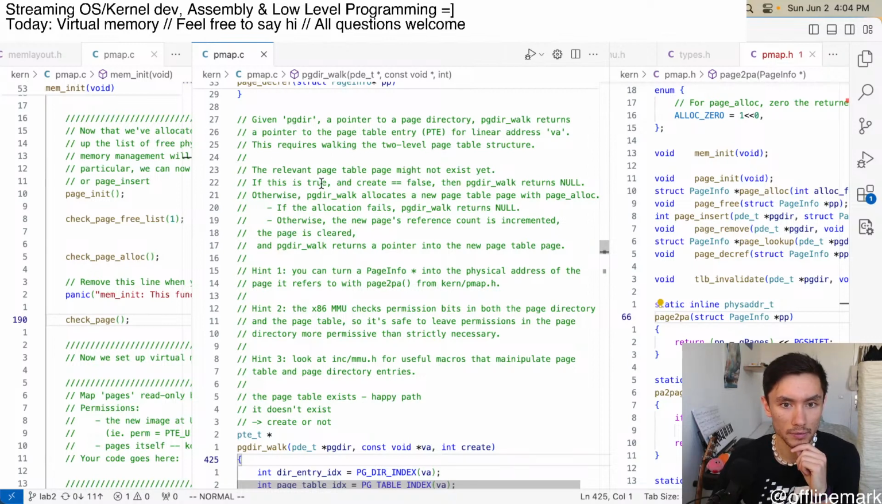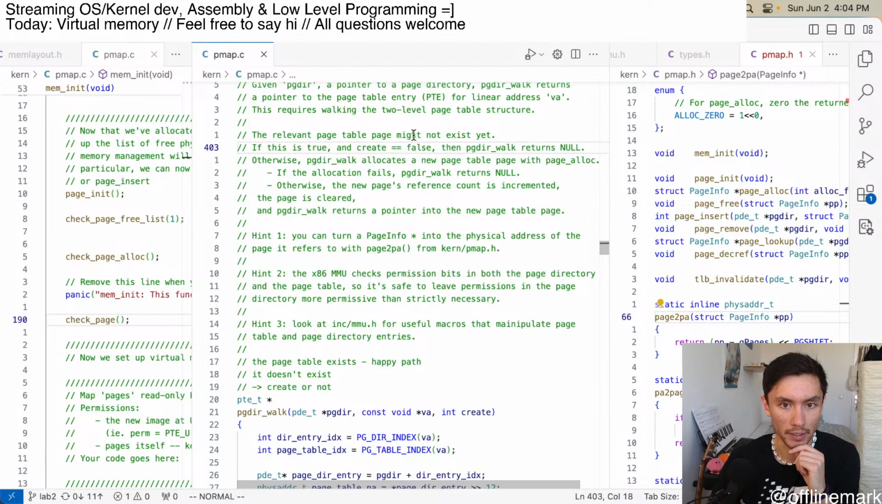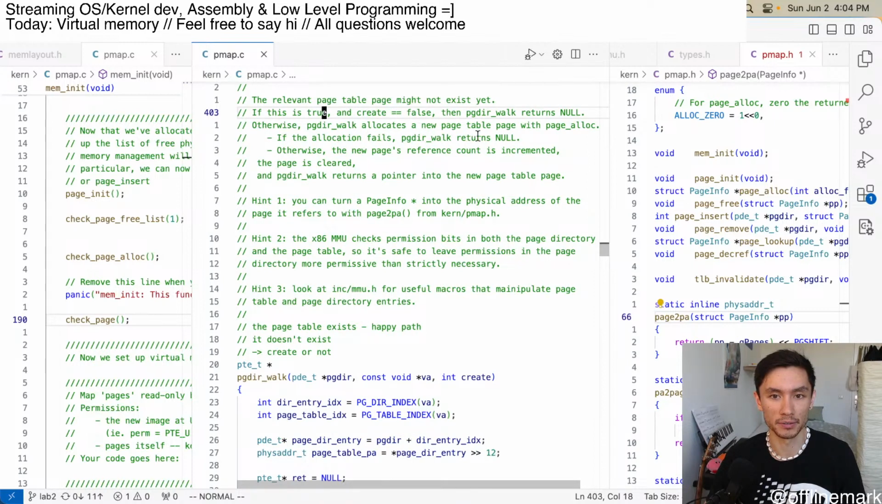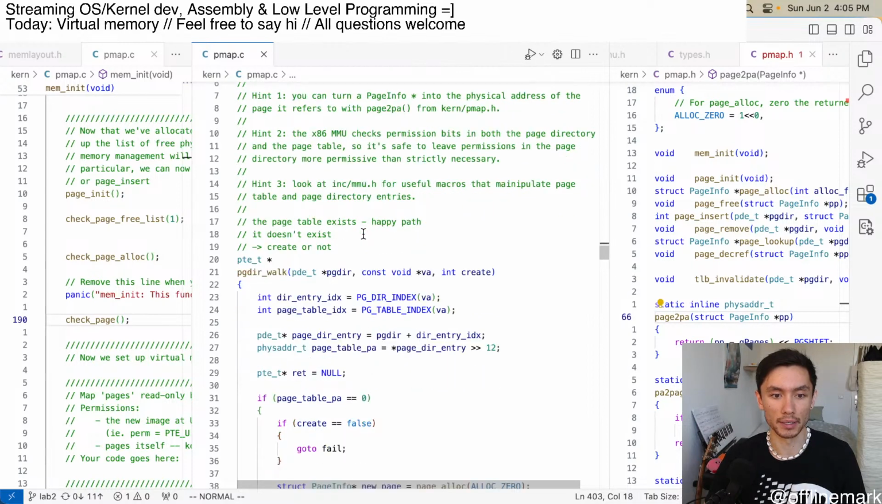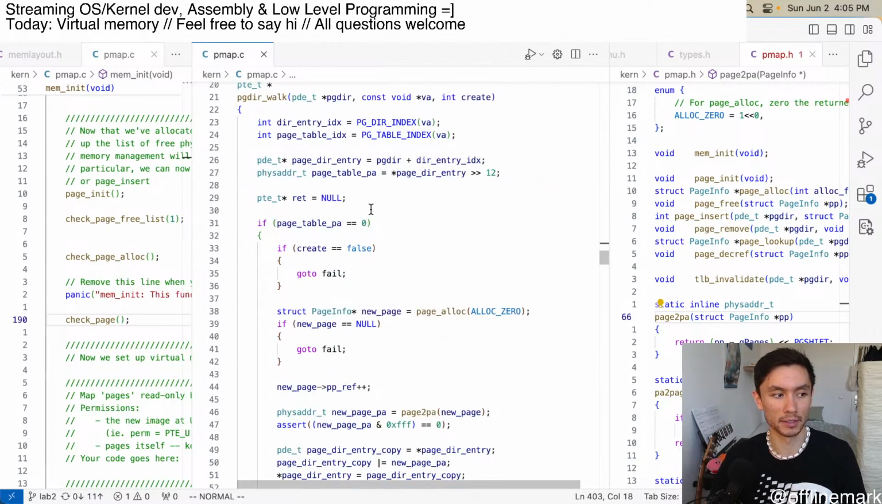The page table might not exist yet. If it didn't exist, and create is false, return null. Otherwise, allocate a new page table with page alloc. If the allocation fails, return null. Otherwise, increment the ref count, make sure the page is cleared, and then the function returns a pointer into the new page table. And then there were some hints. And then just to walk through the code I had written,